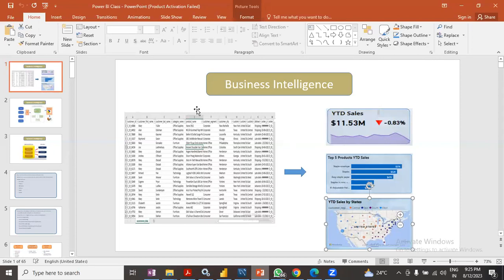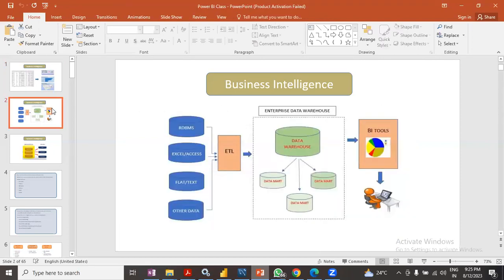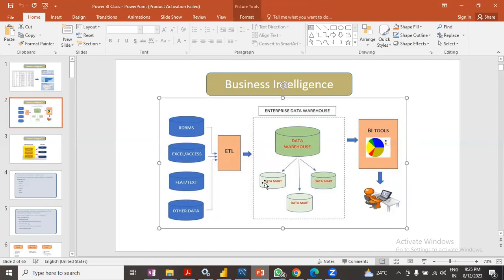Now let's have a look at the high-level view of the business intelligence architecture. Okay. So basically what happens here is that you start with collecting the data from various sources, and those sources might be coming from different places. Like there might be some relational database management systems. Sometimes it might be just the raw CSV, Excel, or Access database, or some flat files, other data, or maybe even SAP related data. Okay, and what they do in BI is that they do ETL on that data,